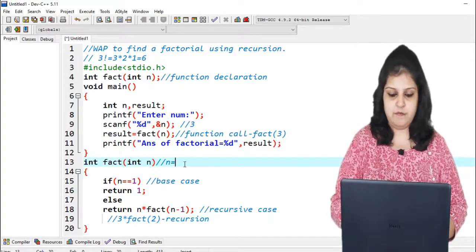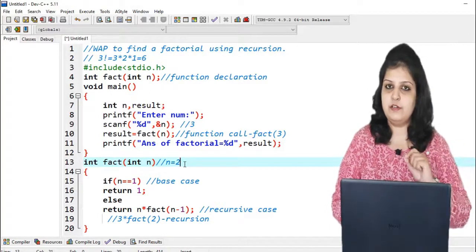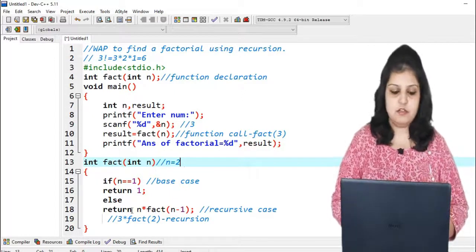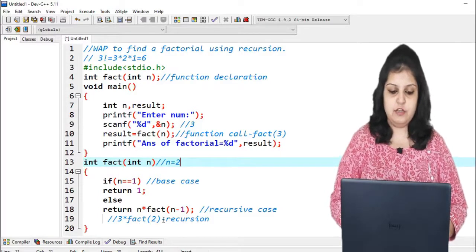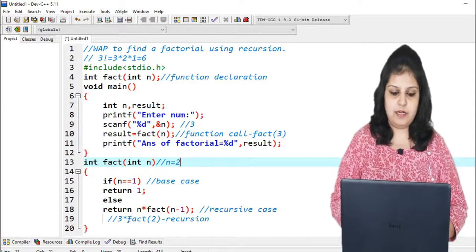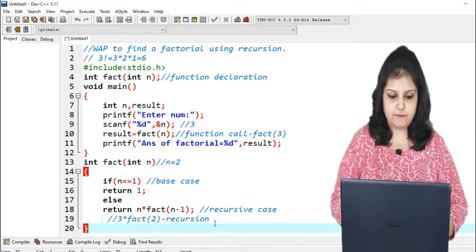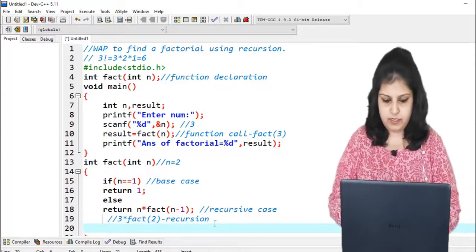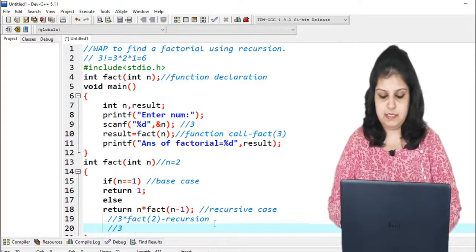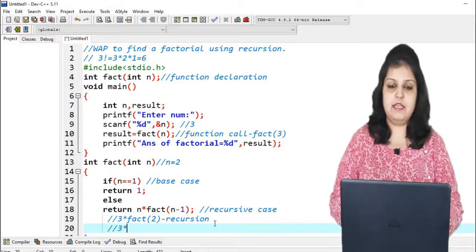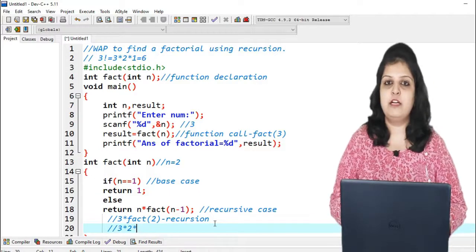Now our n value is updated and n is equal to 2. Check for 2. 2 is equal to 1, again the condition is false. So again it will go in the else part and return n into fact n minus 1. So here instead of fact 2 our value will be 3 as it is, multiplication, and instead of fact 2 our answer is 2 into fact n minus 1, but our n value is 2.